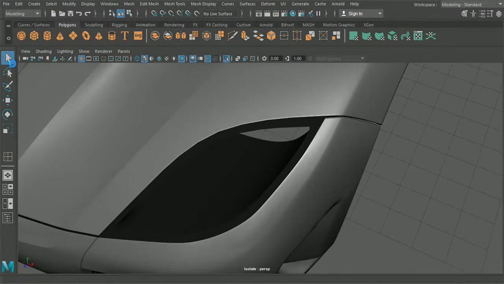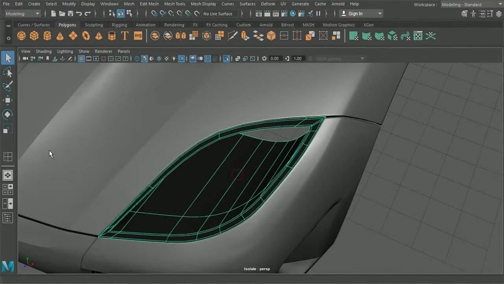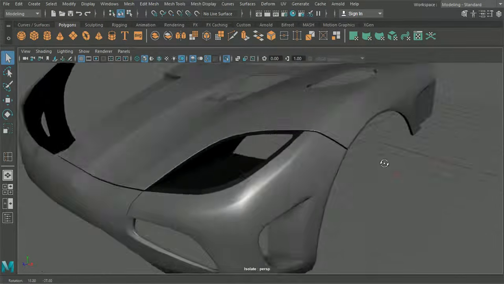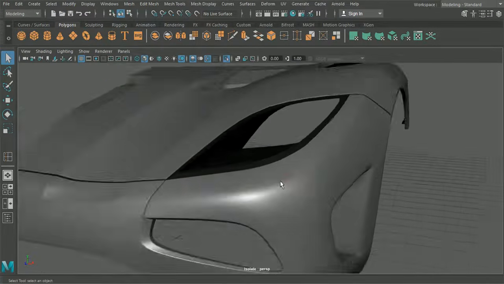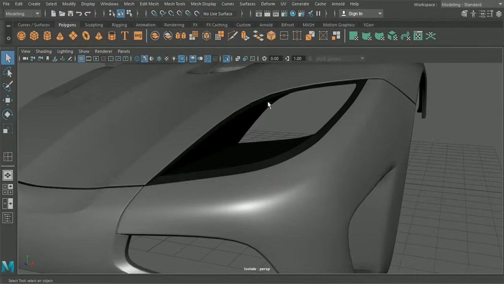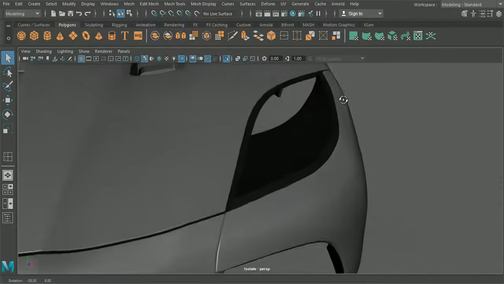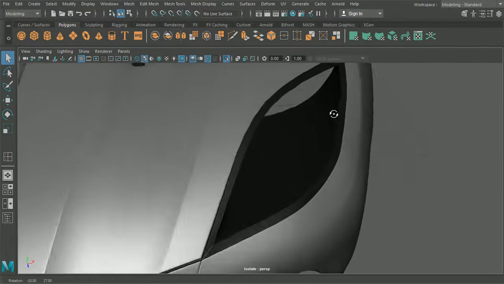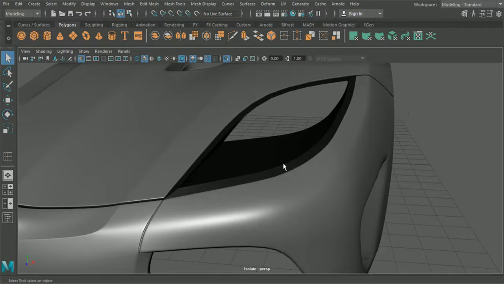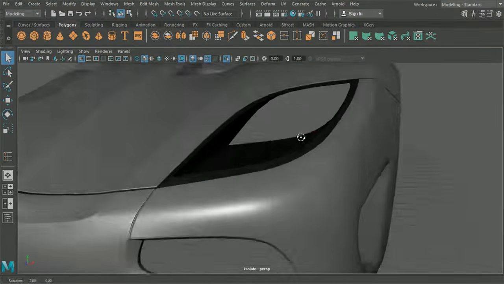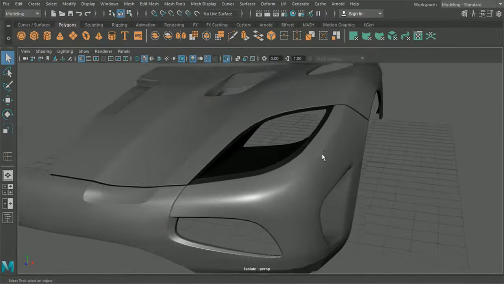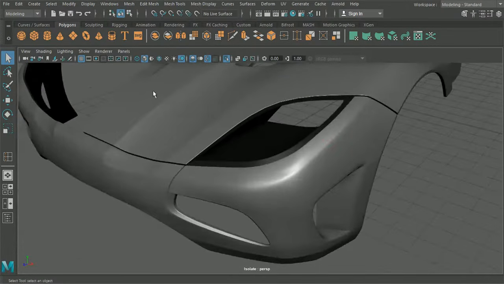So what we're going to want to do now is just make it nice and shiny. So what we're going to want to do now is have a think about the LEDs. So it has some daytime running lights which go all the way up and around here. And then we also have what it looks like the signals on the outside here. So I think what we'll do is we'll build maybe the signals together, and then I can fast forward doing this higher section up here. So we'll make this out of a plane.